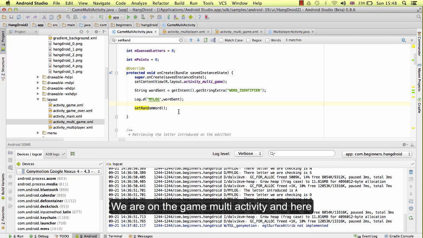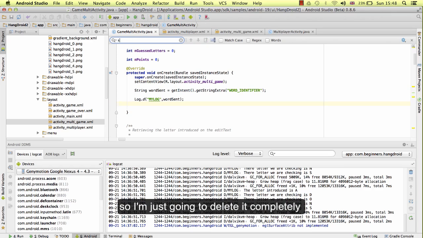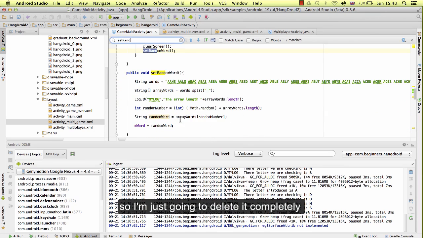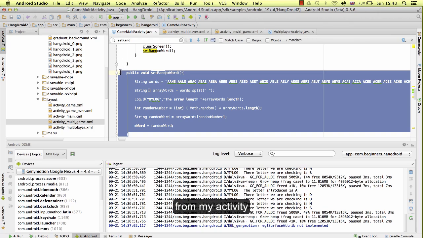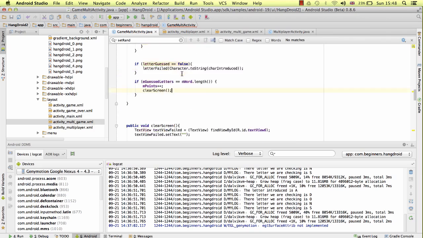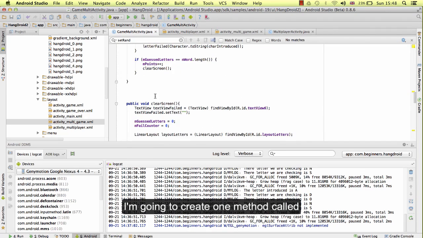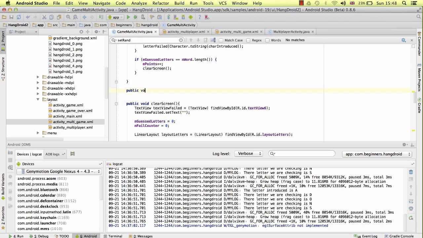We are on the game multi-activity, and here we don't need the method set random word anymore. So I'm just going to delete it completely from my activity. Okay. What we need is one method that creates text views for the word. So I'm going to create one method called create text view for one word,